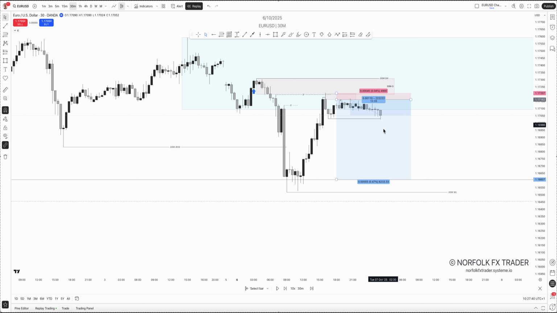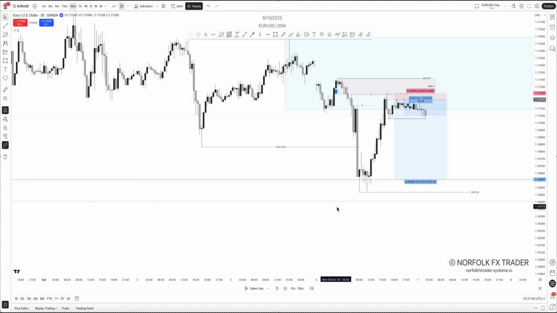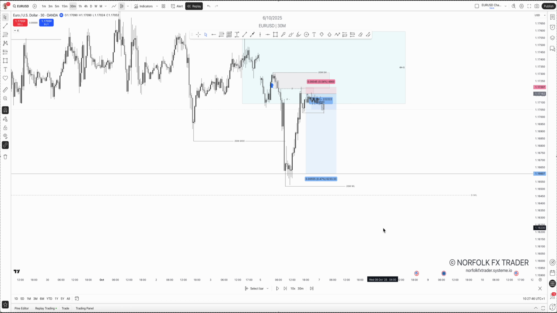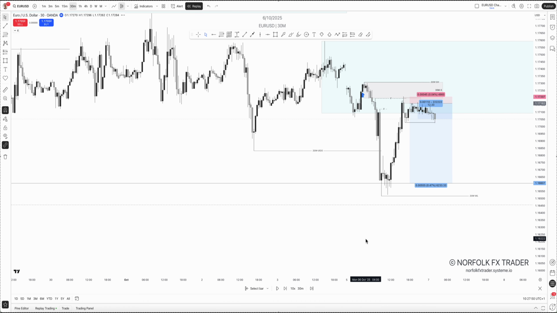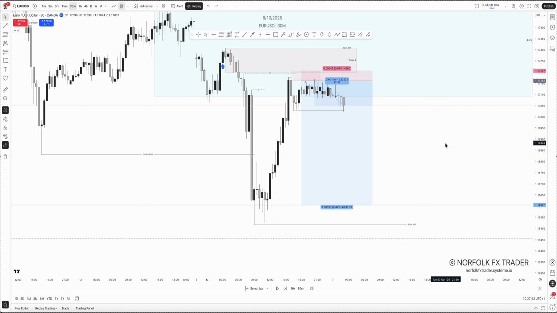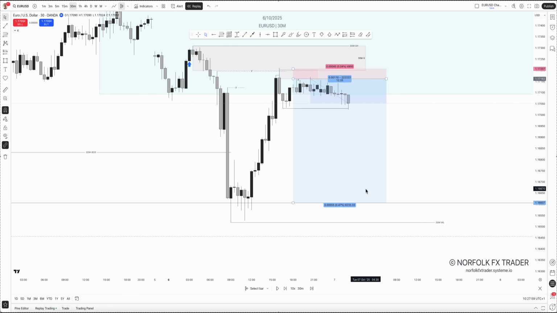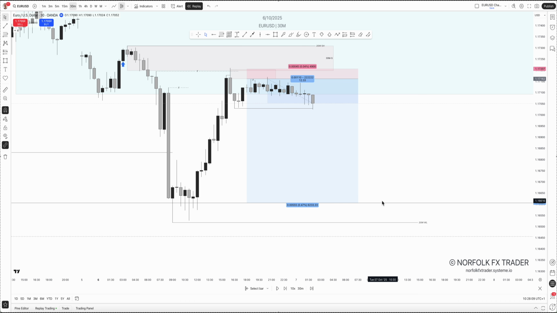And once again, if we're going to target this weak low, we've got to go through the daily strong low again. See, let's go back, the strong low here on the daily. Now, obviously, all of these levels will already be plotted for you with the companion tool, and that's why it's so powerful if you do struggle with your structures. The idea is we're looking to take profit at the ideal location, and that's why the strong low becomes the